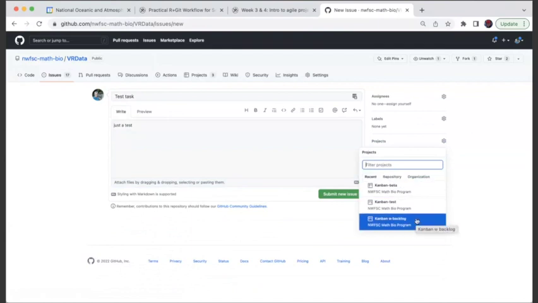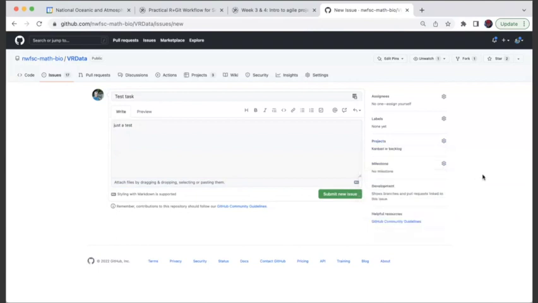And so I need to know the name of it. I always forget this, and then I'm frustrated. Why did my task not show up? No, you actually have to select the project there. So there we go. So now it's going to show up. And now if I go back here,